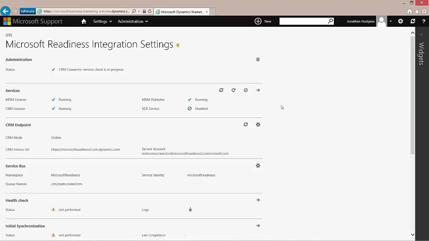And once complete, we should now be brought back to the integration options page. You'll see that our MDM listener, MDM publisher, and CRM listener service roles are all running, which is a great sign. We also can see all of our configuration data that we entered for the most part here under CRM endpoint and service bus. And then we can see in the administration section there that the CRM connector version check is in progress. So right now, Dynamics Marketing is basically sending out a message to CRM asking for the version of the solution that's installed. And that message comes back through Azure again saying, here is the version number I'm using,